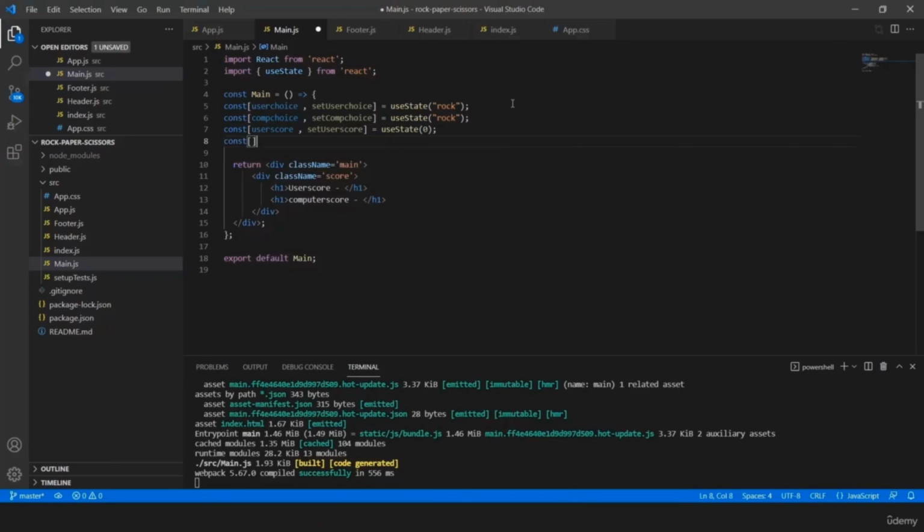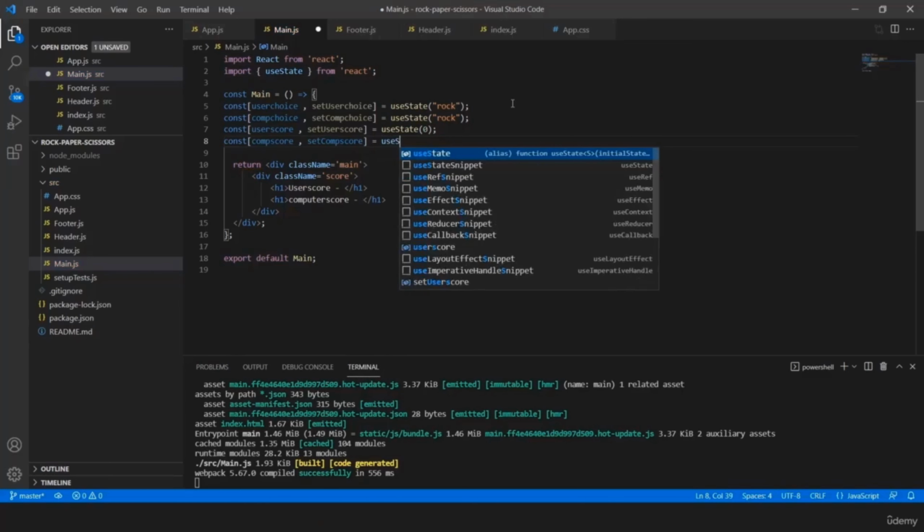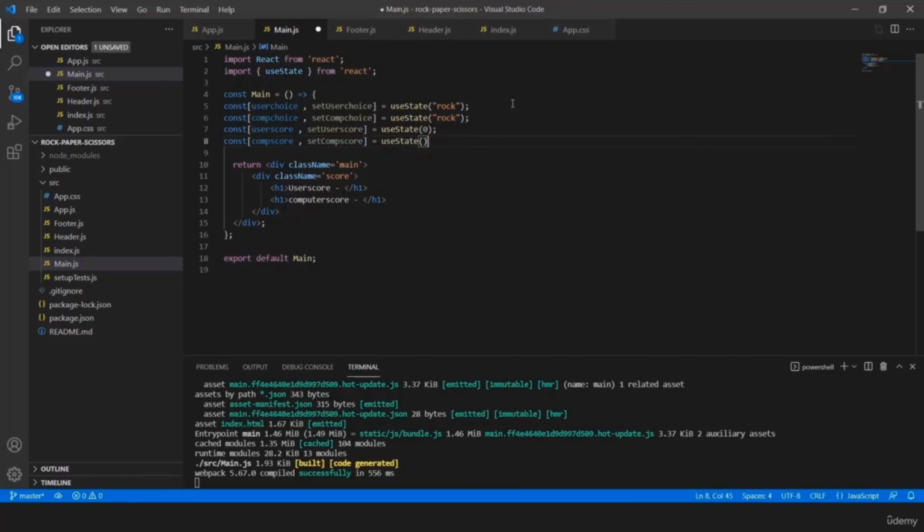And computer score, comp score, set comp score is equal to useState 0. Okay, so we have created